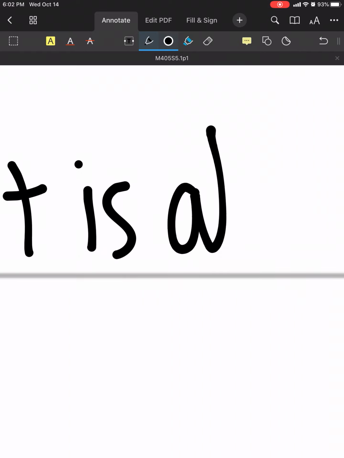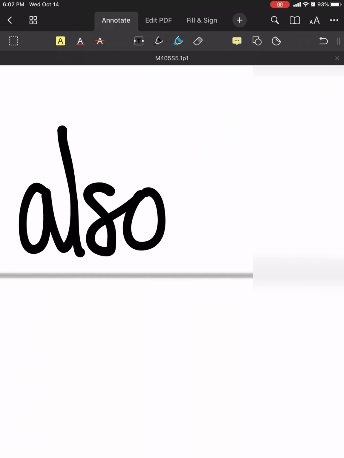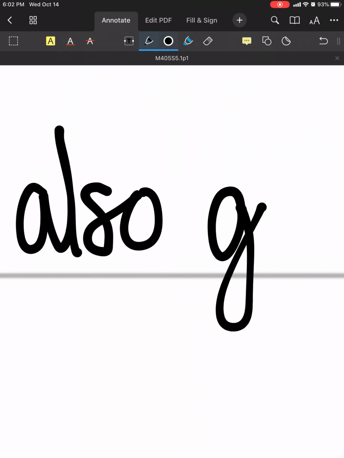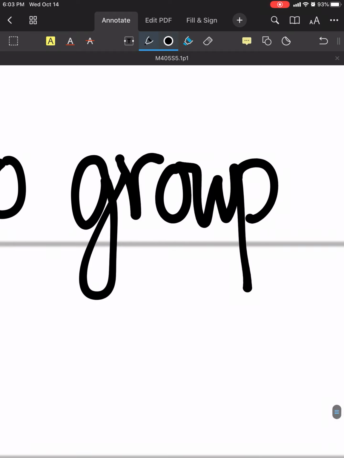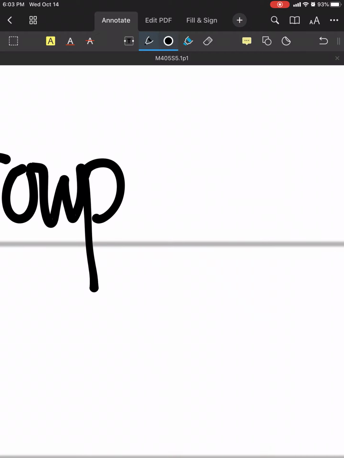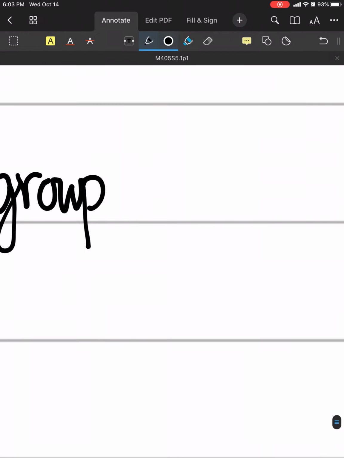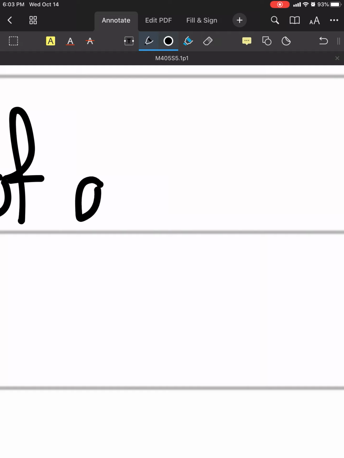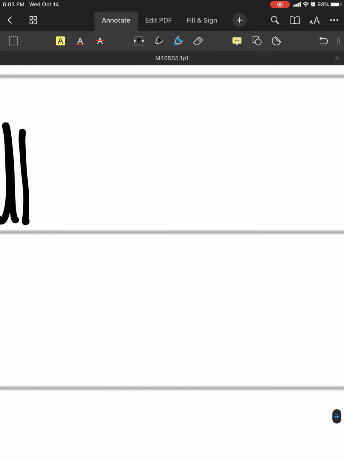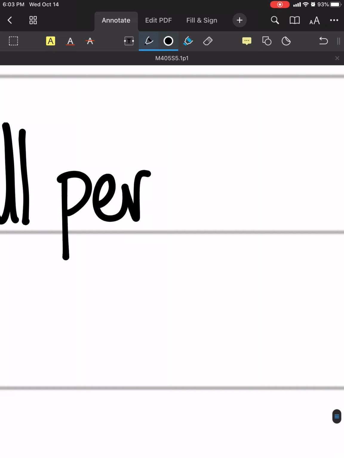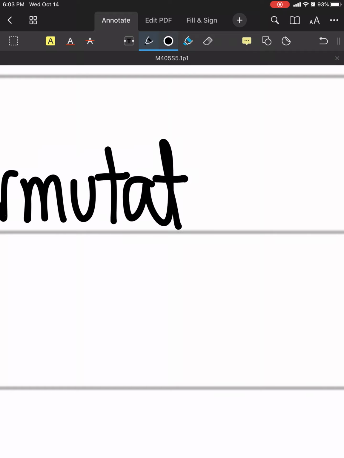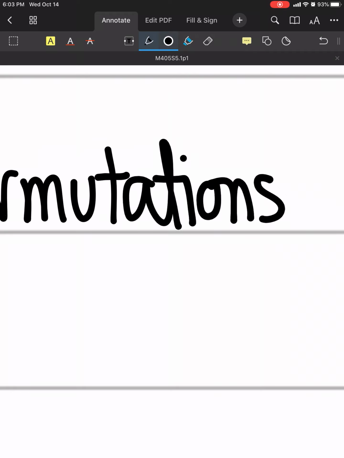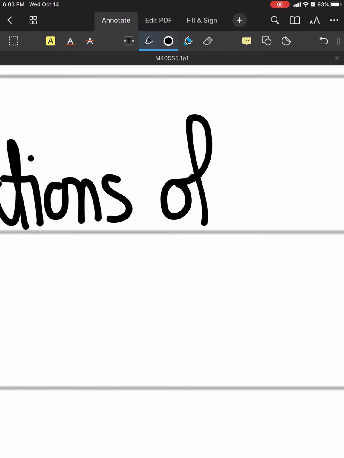And it's natural that it's a group because if we're talking about all permutations, you don't even have to worry about it being closed, because composing two permutations gives you another permutation. It's also a group of all permutations of the set,